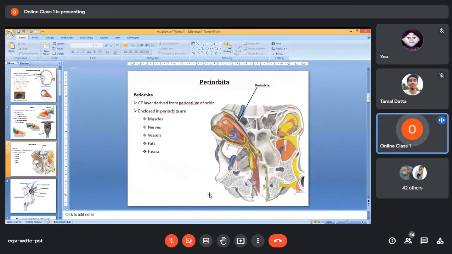Now, you see, this orbit itself will be covered by a layer of connective tissue which is derived from the periosteum of the orbit. That layer of connective tissue covering the orbital cavity is called the periorbita. Questions may be asked like, what is periorbita? So periorbita is a layer of connective tissue derived from the periosteum of the orbit, which encapsulates the eyeball and